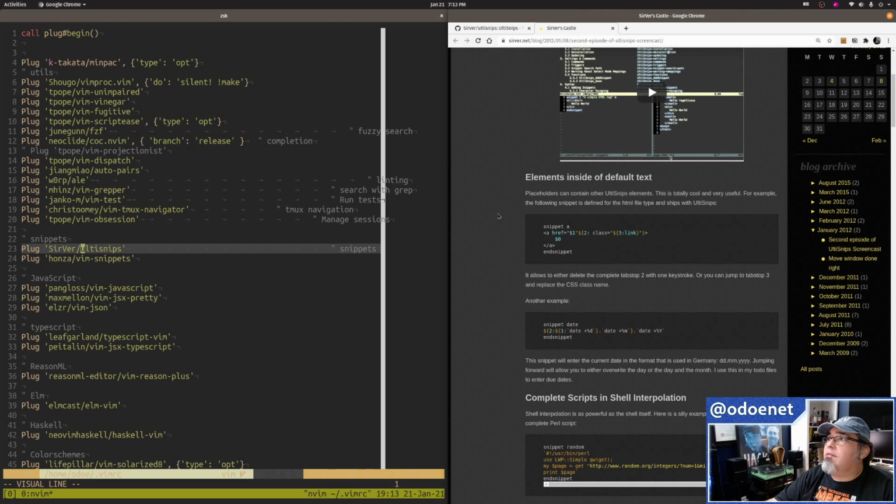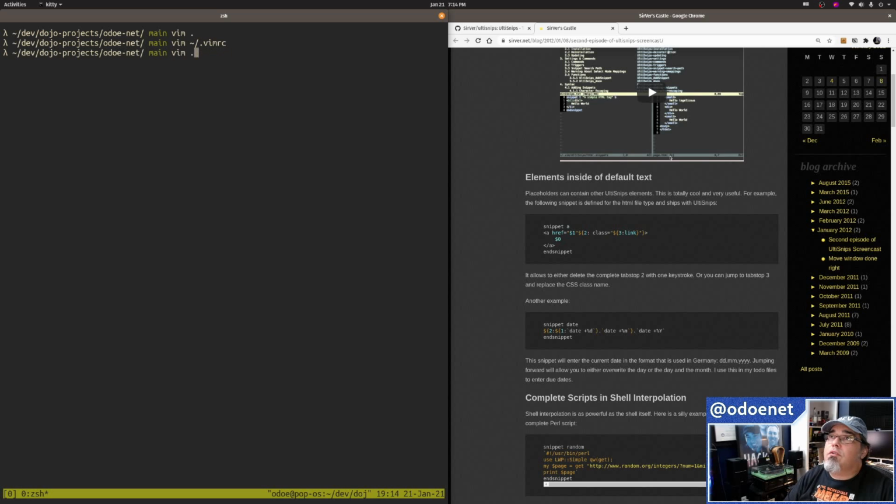So the way snippets look is you put this little snippet in here, give it what character you're going to select. So you type A and then tab, and it should fill out like this anchor tag, right? If I wrote this snippet for an HTML file, I could just go ahead and create a snippets file somewhere. Issue is I forget where to put it, because I don't think I can call it snippets folder. I think that's a reserved name for Vim snippets stuff. So if I remember right,